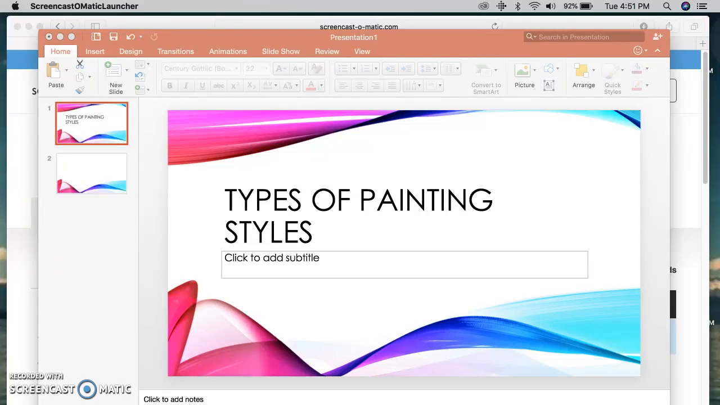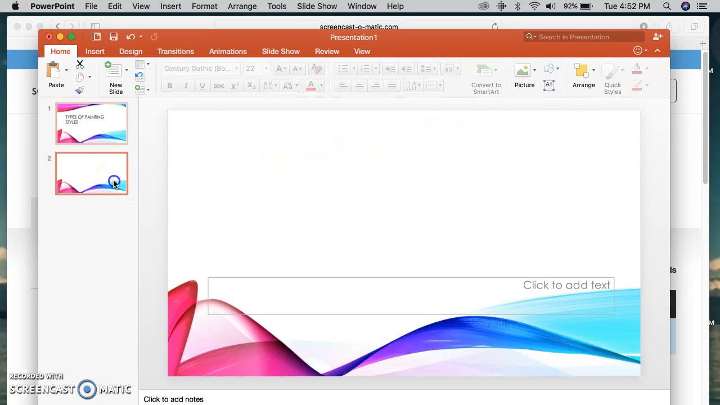Okay, so for the Screenomatic, I'm going to be showing you a project I might have my students do in my class, and I want to teach high school art. So one thing I might have them do is make a PowerPoint of a style of art that they like. So for this example, I'm choosing painting styles as my topic, and one requirement I'm going to have them have